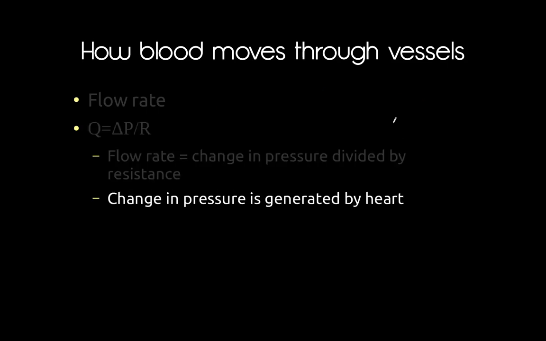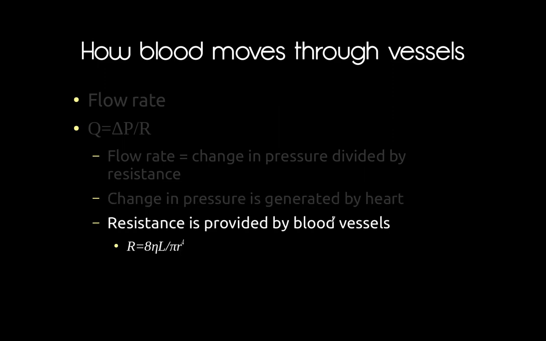Now, the changes in pressure are essentially generated by the heart. The heart is going to generate a positive pressure at the beginning of this system, while it's not necessarily changing the pressure at the end, and so we get this pressure gradient that's created by the heart and causes flow to begin in the first place, which is kind of intuitive. The heart is pumping to push blood through the vessels. And then the resistance portion of this is actually provided by the blood vessels,